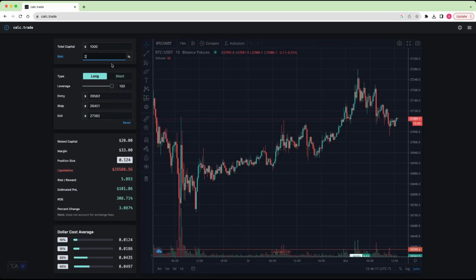It's position size, that's key. If I take that to 4%, it'll be double that, right? 248. If I put that to 8%, it'll be double 248, it'll be 0.49. So the risk size is relative always to your position size. So that's what I would say on that. It's the best way to trade.